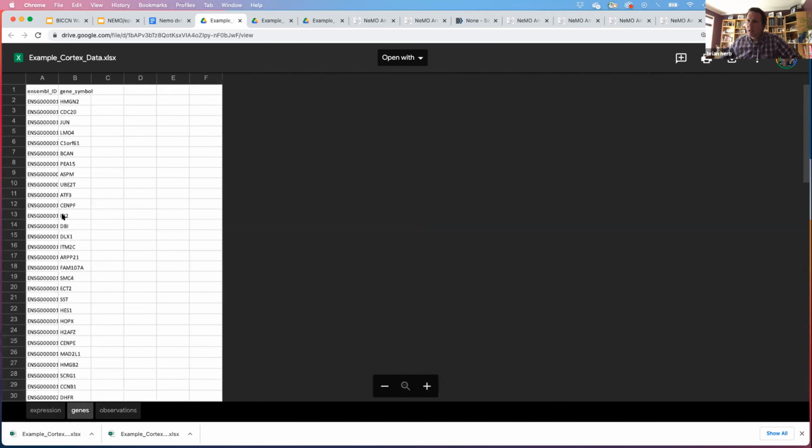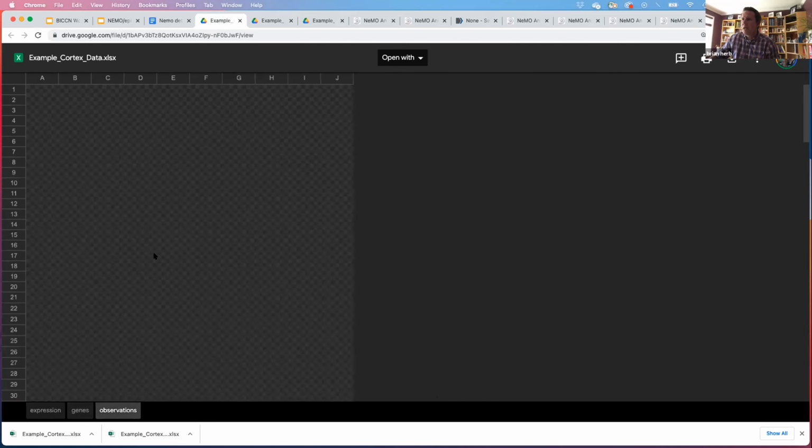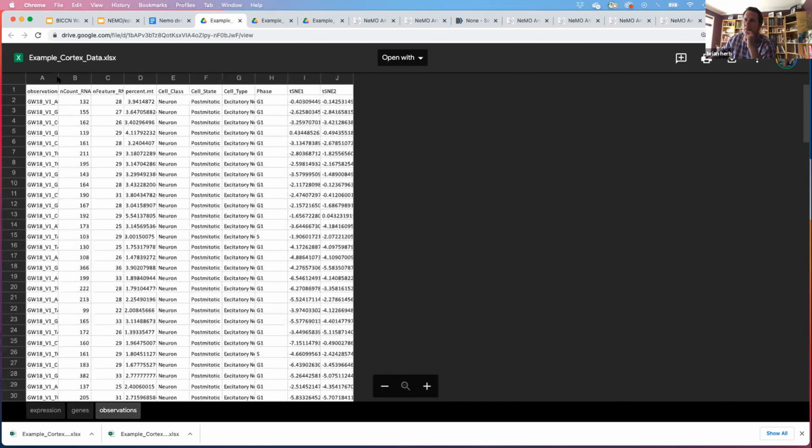For the gene tab, this is where I was telling you about the lookup table. So you have the Ensembl ID to, in this case, that gene symbol. So that is like the only thing that's kind of critical in this. And note the column headers. That's what they have to be for it to be inputted. But again, that's really the only tricky part right there. And then for the observations, this is going to be the cell level metadata. So each column header, each one of those cell IDs, you can associate with it any and all metadata that you want. This is especially important if you're publishing a paper, you want to build a profile.